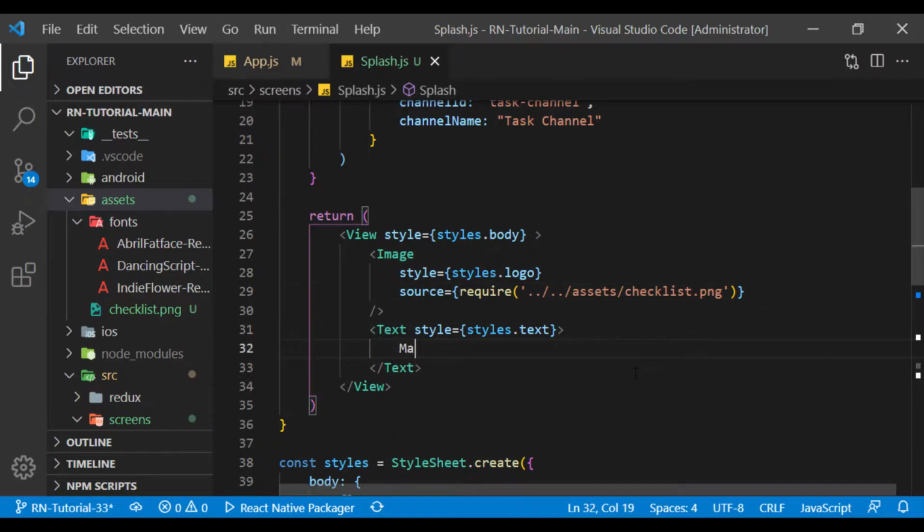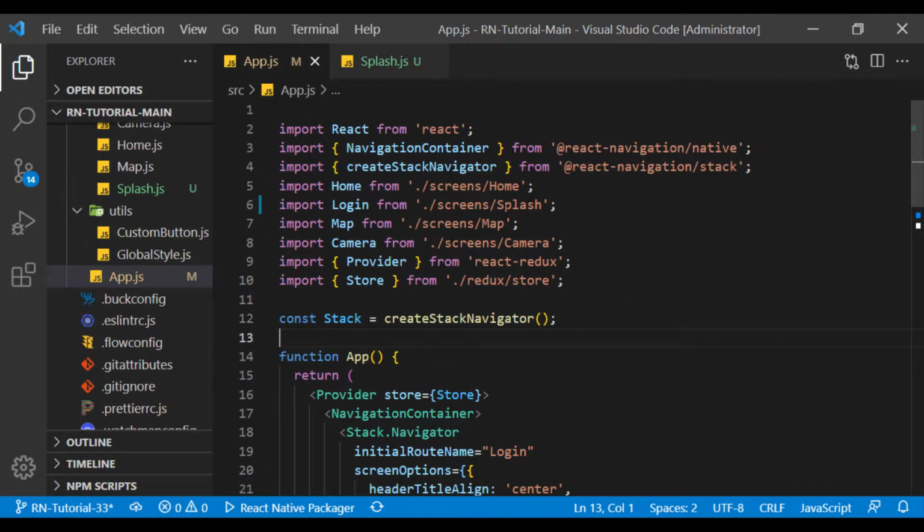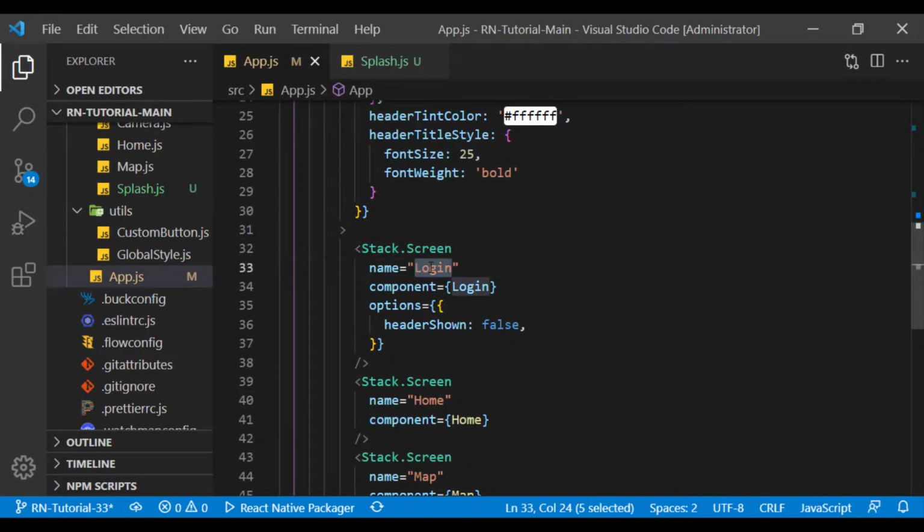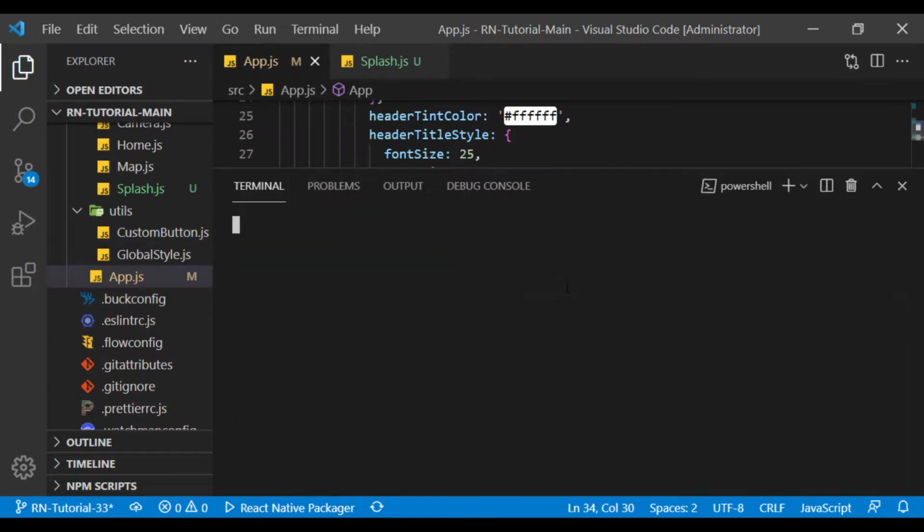Here we enter the title of the application. Now in the app.js file, wherever we use login, we replace it with splash, and run the app.